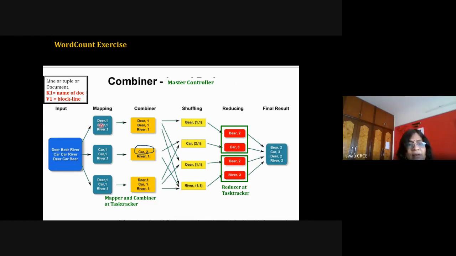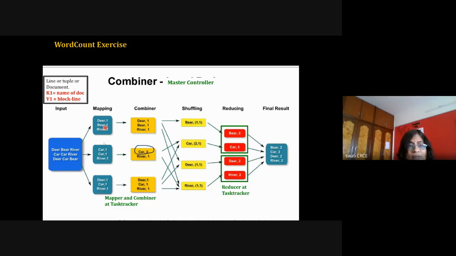So get the word, and by default the value is 1. In the intermediate key value pair, the value is always 1 for each and every key. And if you see, the keys are repeated over here. The car is occurring 2 times. On the second line, car is there 2 times. So car 1, first car is 1, second car is 1. So here the keys are repeated and they are not unique keys. And they have the value by default as 1, as per the logic.